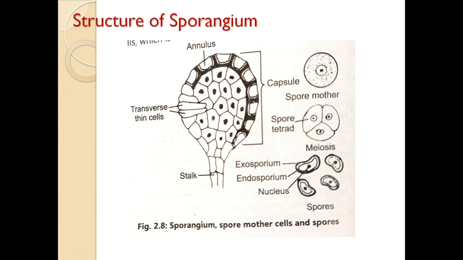The sporangium is an asexual reproductive structure. Each sporangium consists of a basal stalk, and at the upper side of that basal stalk, the distal capsule is present. See the stalk structure. The stalk is multicellular, short, and slender, and it is made up of 2 to 3 vertical thick walled rows of cells.